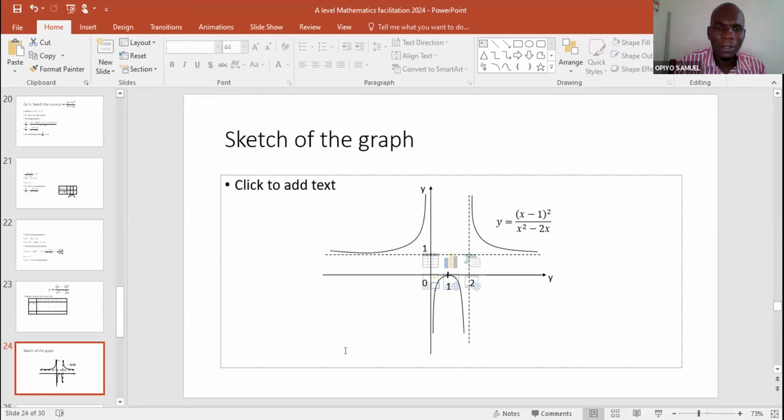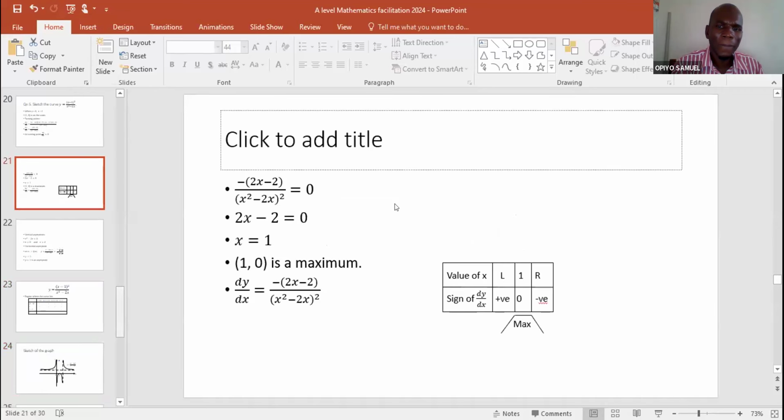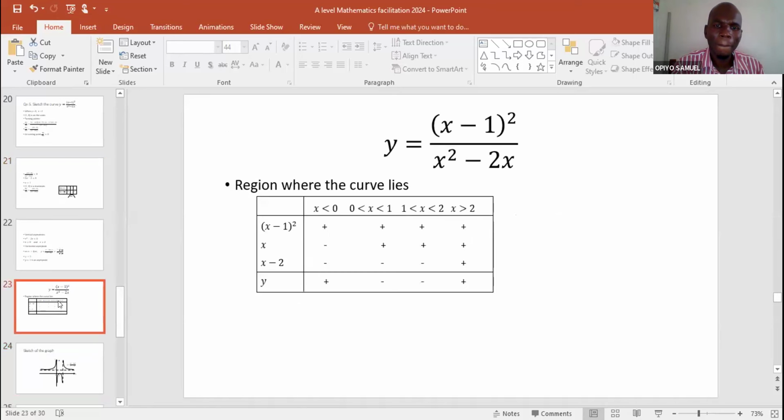Okay, sir, thank you. Sir, to get the points in that critical table, the critical values, how will we determine them? Is it this table or this? For this table, I